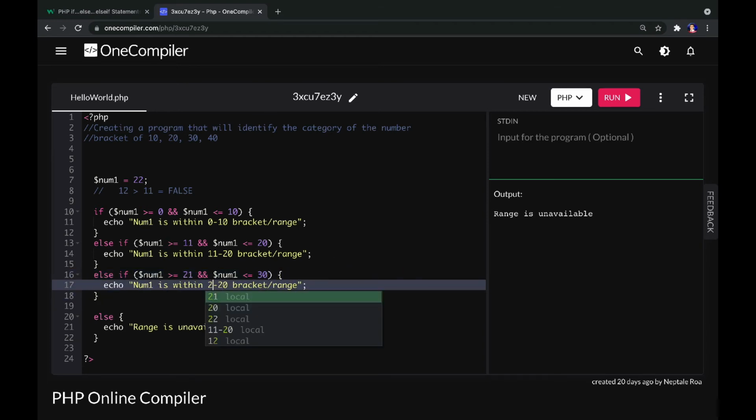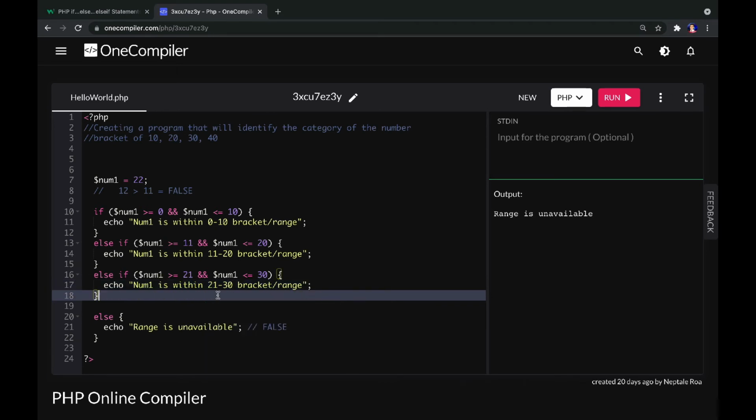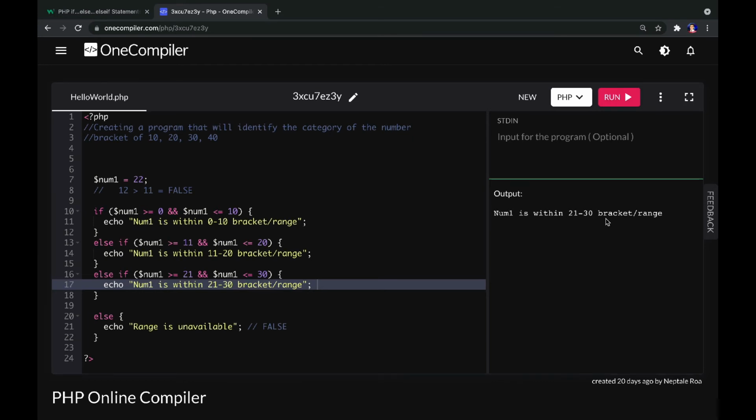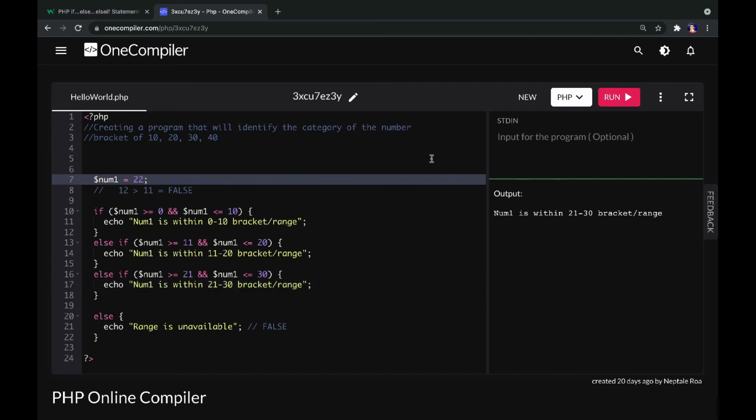Or dito ba talaga siya papasok. So we will know na dito siya papasok if itong display na ito ang lalabas. Okay, run natin. Yan, num1 is within 21 to 30 bracket or range. Okay, paano naman kung 33? Diba? That's the bracket of 40. Try natin. Yan. Range is